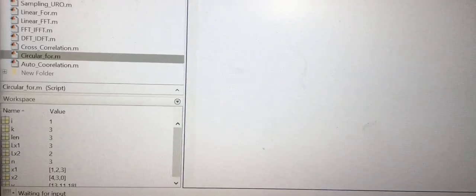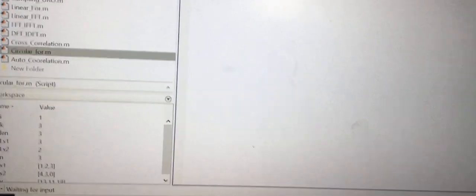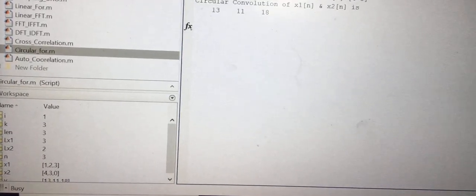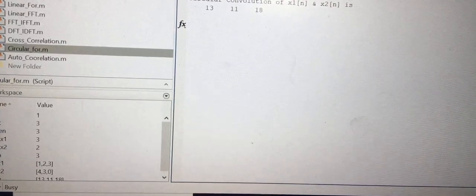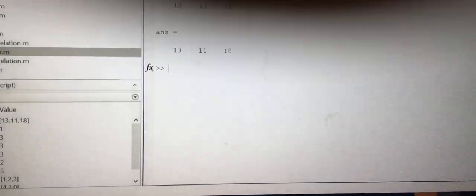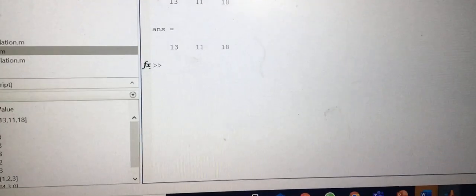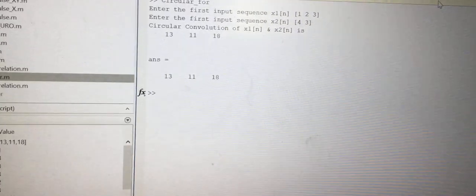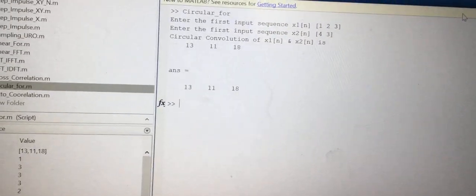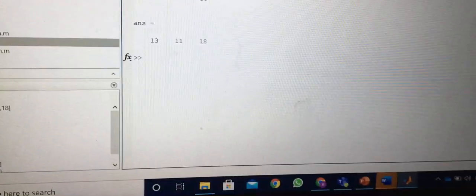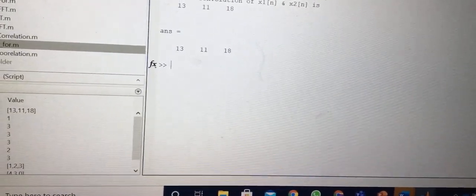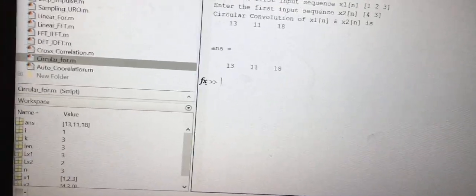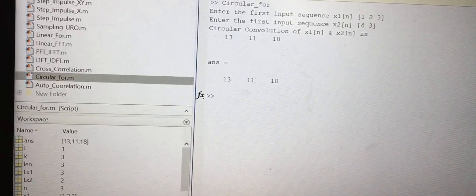Enter the first sequence, let it be 1, 2, 3, and the second sequence be 4, 3. The result generated is equivalent to what you have obtained using the inbuilt function. So this is how you find it using MATLAB.